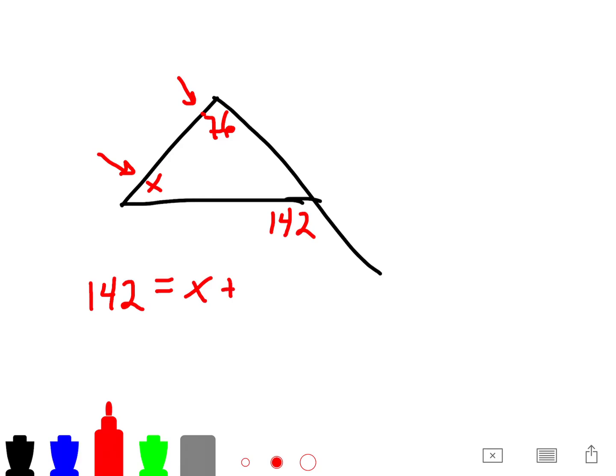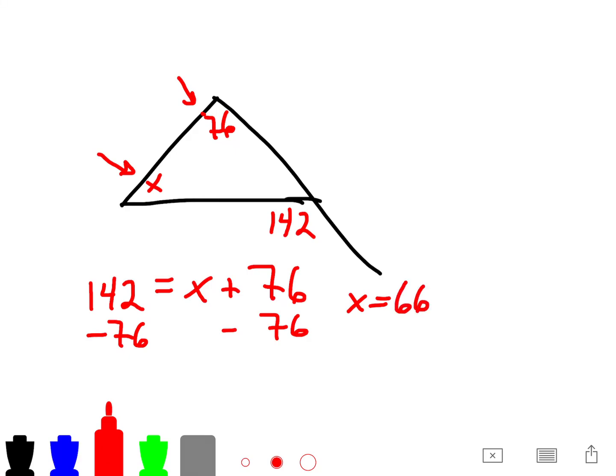In this case, it's x plus 76. So how do we solve for x? Well, we're going to subtract 76 from both sides to isolate our variable. And x equals 142 minus 76 is going to be 66,